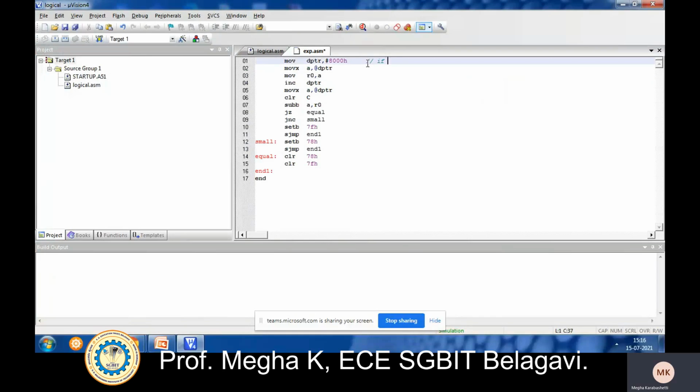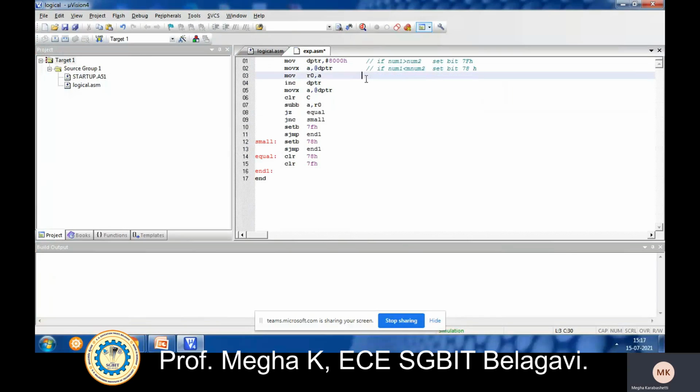If number 1 is greater than number 2, in that case we need to set bit 7FH. If number 1 is less than number 2, then I need to set bit 78H.